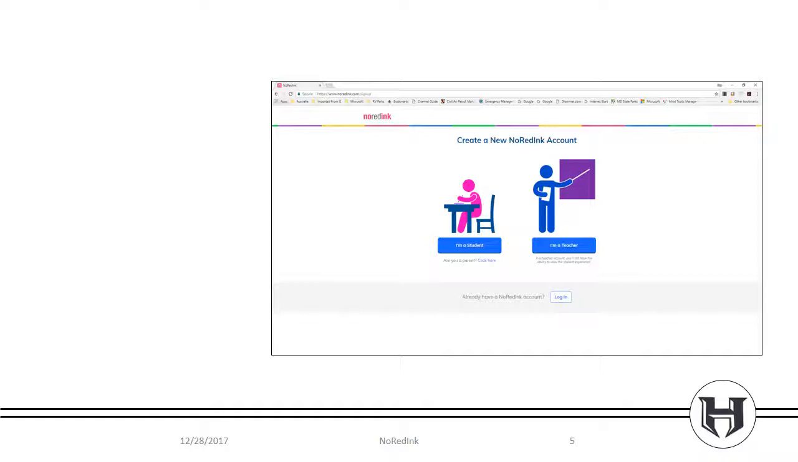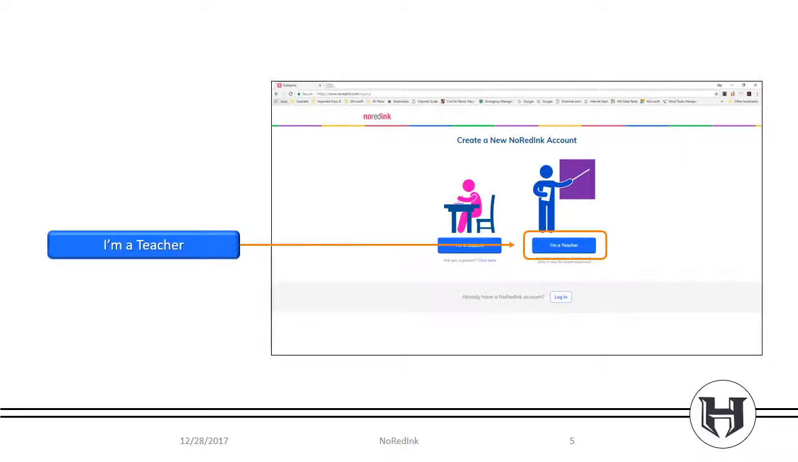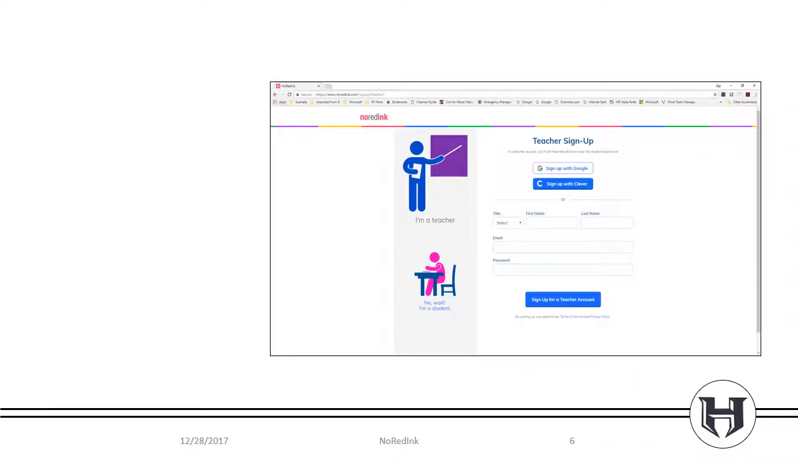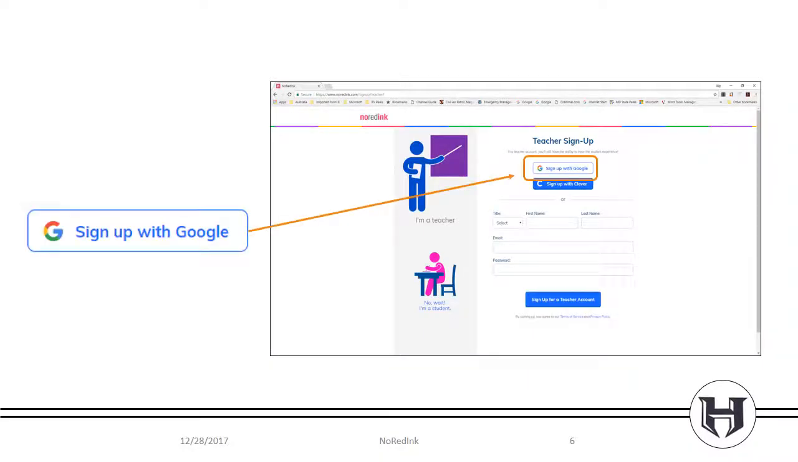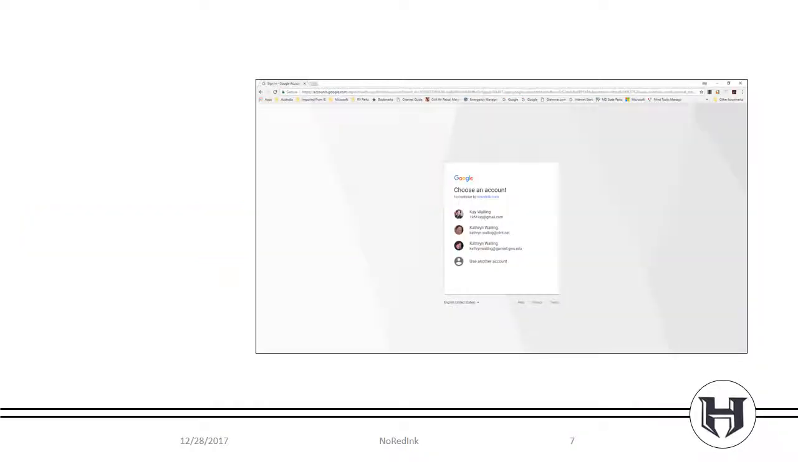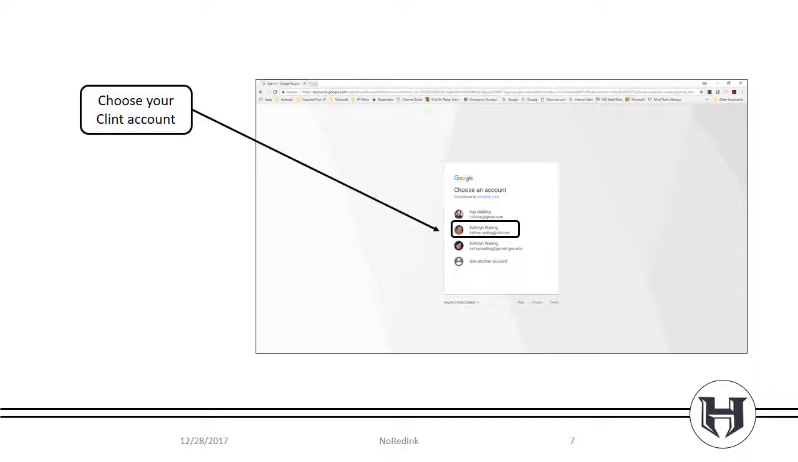On the next screen, click I'm a teacher. I recommend you sign up with Google. It's much faster. If you have more than one account with Google, you may see a screen that lists all your accounts. Click the Clint.net account. You will find the information about creating an account on page 3 of the Getting Started